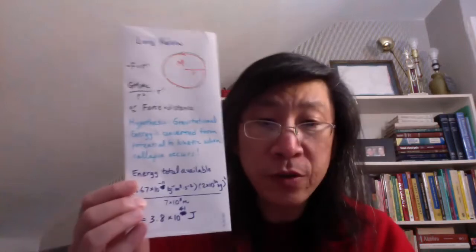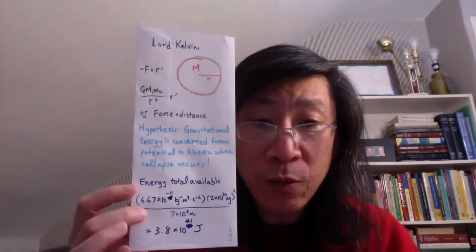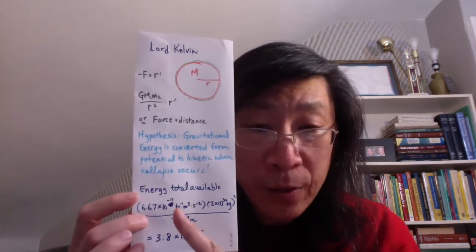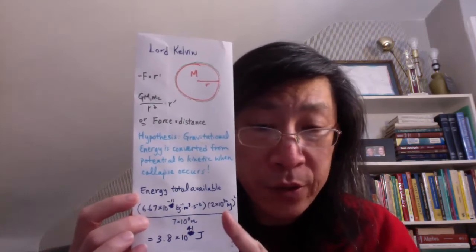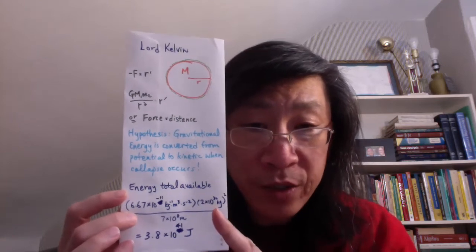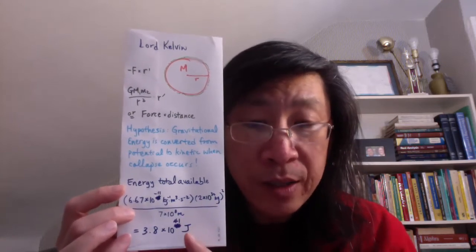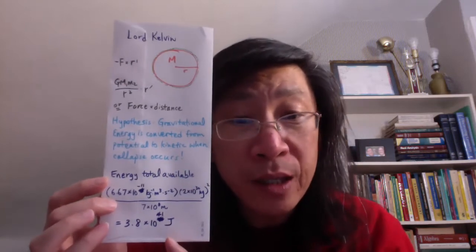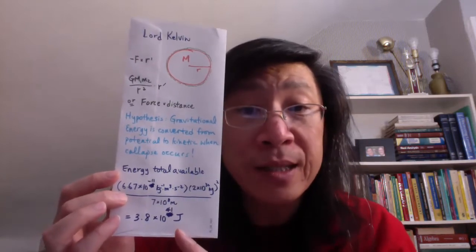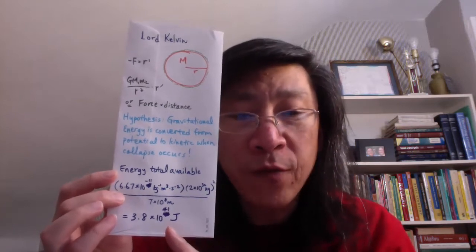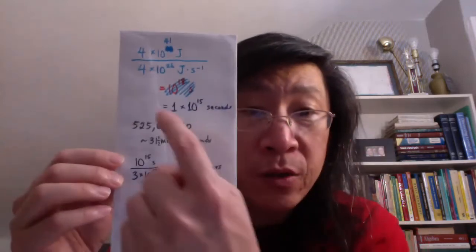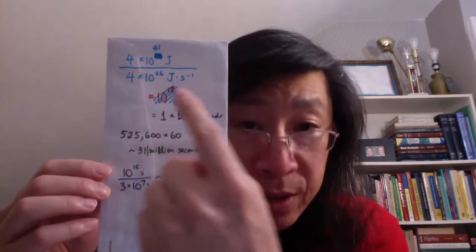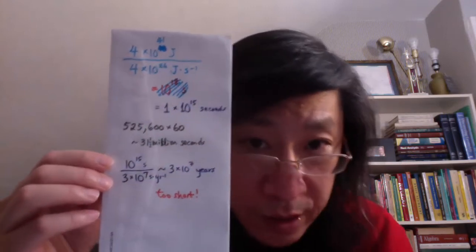We've gone through up to this point, remember, where we tried to use Lord Kelvin, his hypothesis, which turned out to have some traction, but didn't quite work out because when you use the correct number of the gravitational constant of the universe and the correct number for the mass of the sun and the correct number of the diameter of the sun, the total amount of gravitational potential energy that could come out of the sun by its collapse is about 4 times 10 to the 41 joules, which meant that overall, based on the current luminosity of the sun, right, 4 times 10 to the 26 watts, 4 times 10 to the 26 joules per second,